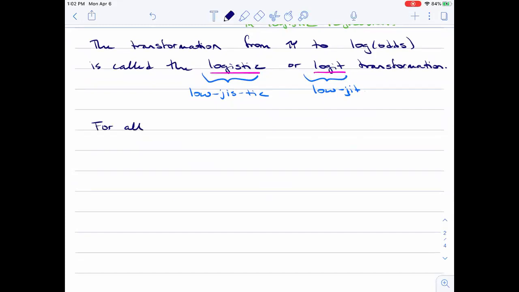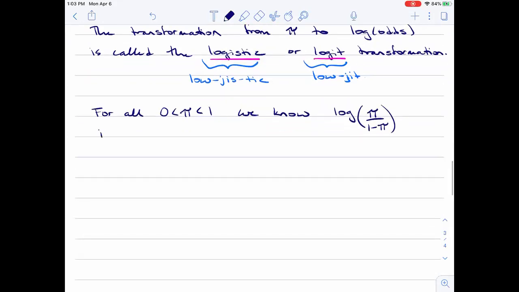So for all pi between 0 and 1, not including 0 and 1, it's kind of assumed that you've taken some sort of calculus course at some point, and so it is 1-to-1. So therefore, we know that the log odds, the log of pi over 1 minus pi, is 1-to-1,